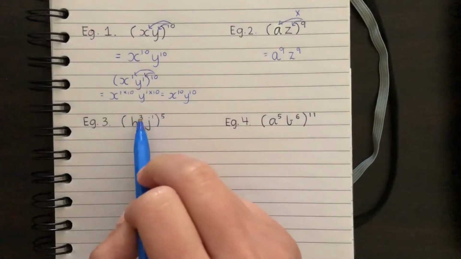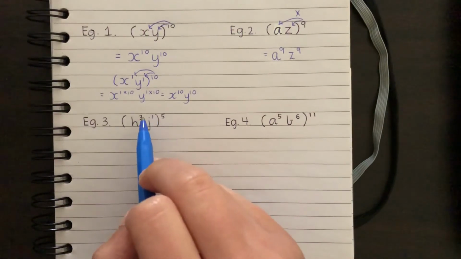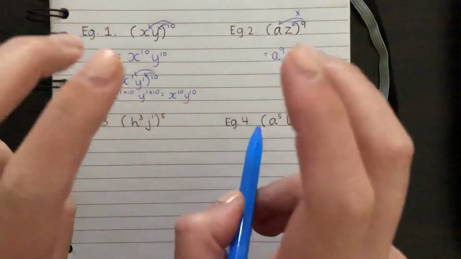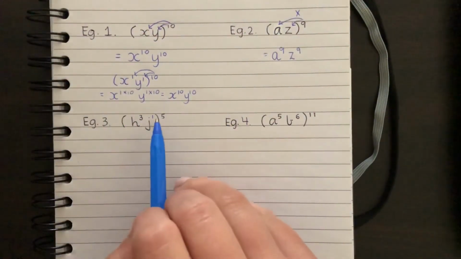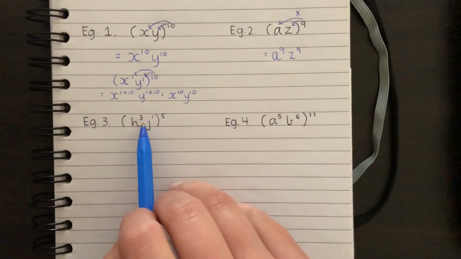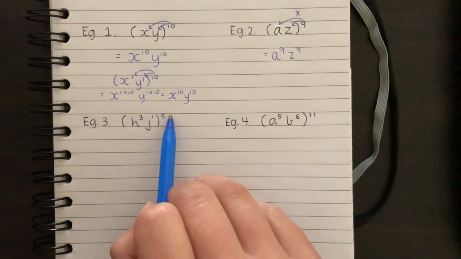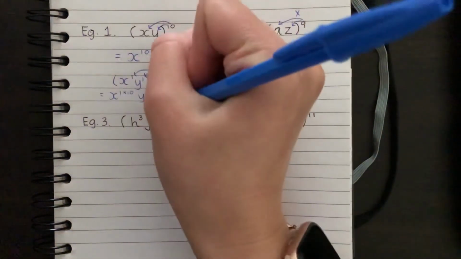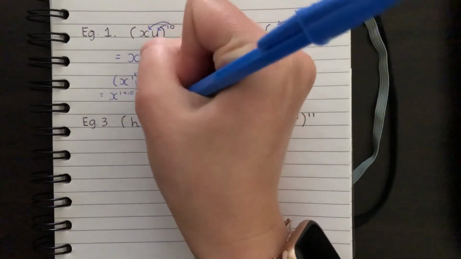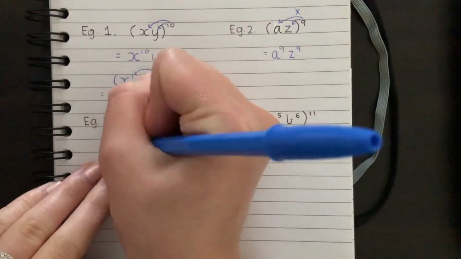So what happens if there is another number other than an imaginary 1 on top of a letter? Well, like I kind of did in the examples in my previous video, you just do that power that's already there multiplied by the power that's on the outside. Okay, so we end up getting